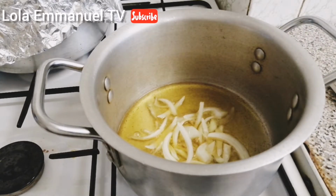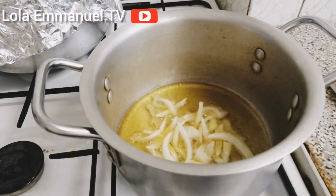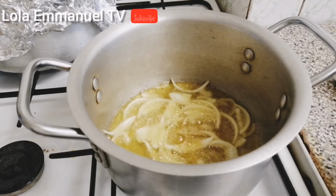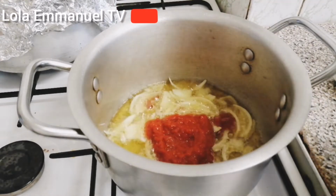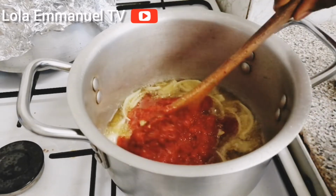Okay, I have transferred the pot of the jollof rice from the other gas cooker, so I need to use this one. This is the biggest size of my gas cooker. So I need to make sauce, tomato sauce or stew to